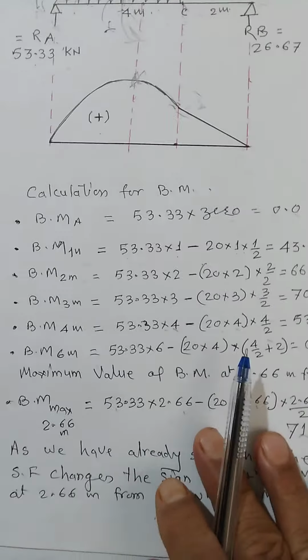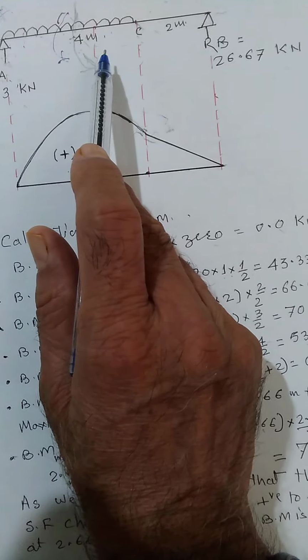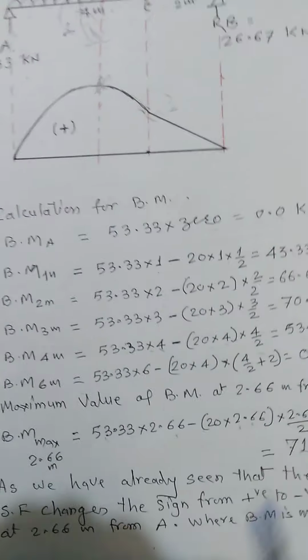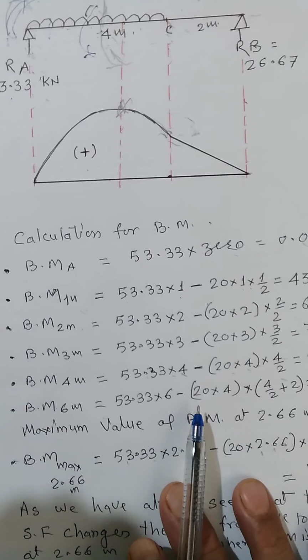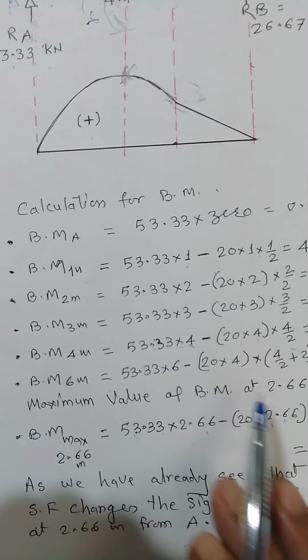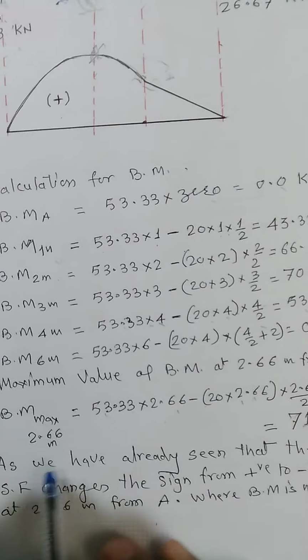Now we have to find out that point where the value of the bending moment is maximum. First of all, we have to find that point where the shear force changes the sign from positive to negative. And we have found that the shear force changes sign at a distance of 2.66 meter from the left hand support. If I take the moment at a distance of 2.66 meter, that will give the maximum bending moment